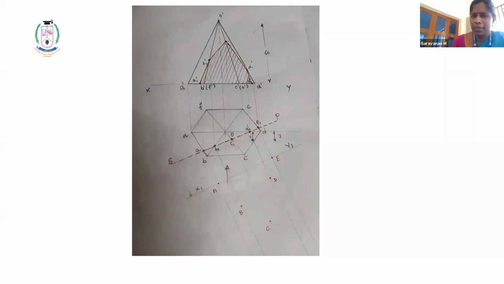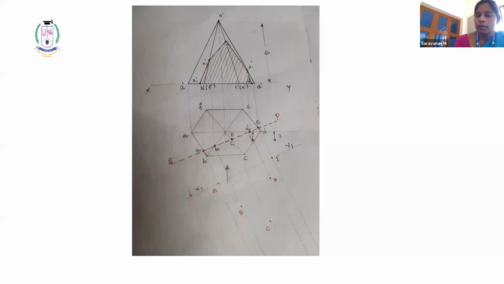And then from XY, measure the distance between XY and C1 and mark the corresponding point in the new reference line. Then measure the distance between XY and D1 and mark the point D. And the last point E: the point E is lying on XY, so mark the point on the new reference line X1 Y1.